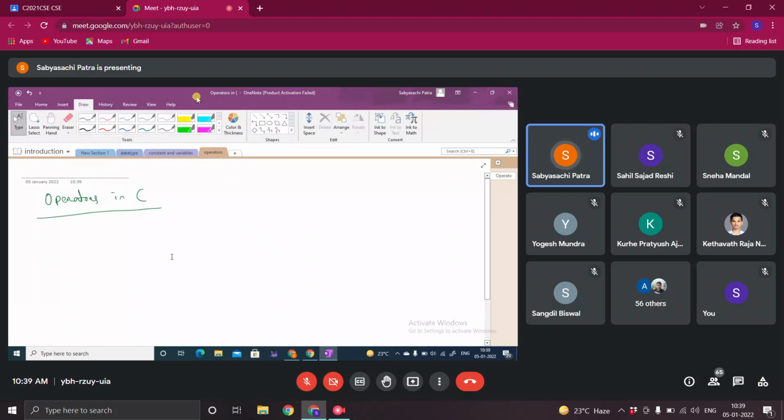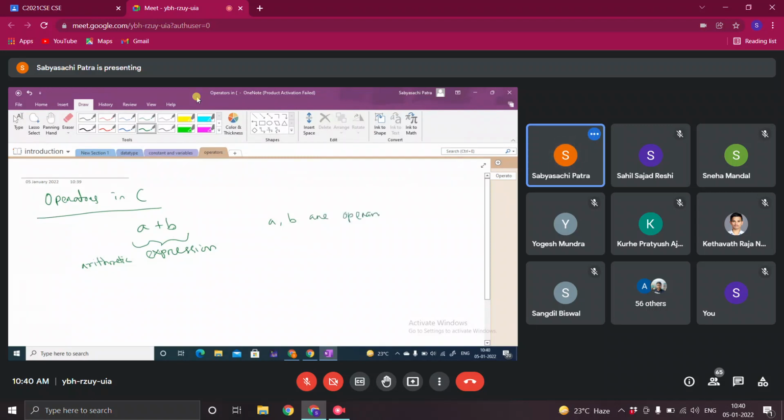Operators in C. So C basically supports various operators. Operators are used to write expressions, right? So if you are writing A plus B, this is an expression. Which type of expression? Arithmetic expression, because you are performing arithmetic operation here.